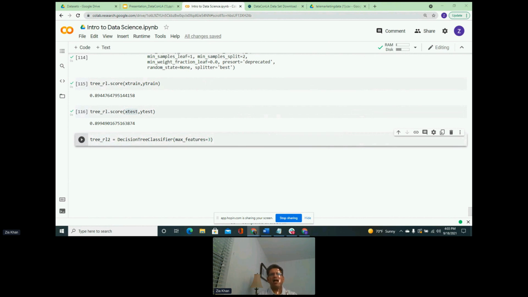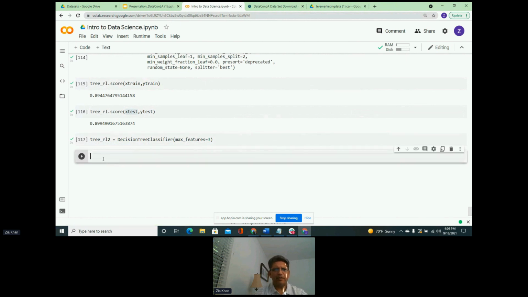These are called hyperparameters. And hyperparameters, there is a science to it and there is an art to it. It's more art because you just have to see where the algorithm performs better. So we are going to use this maximum features parameter and say that, okay, at one point, just use a maximum of 3 features. Let's build the algorithm. So the algorithm is defined. And the next step is we are going to train the algorithm.